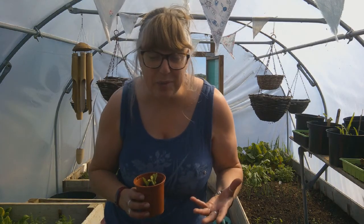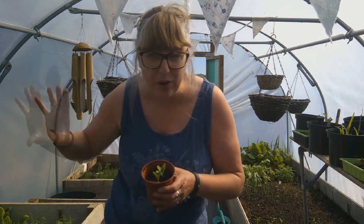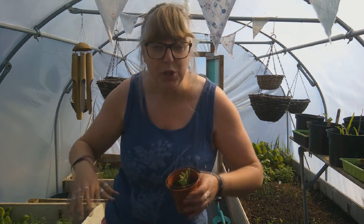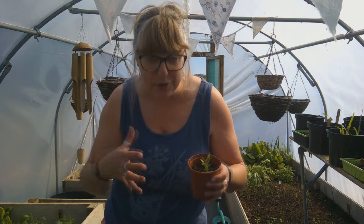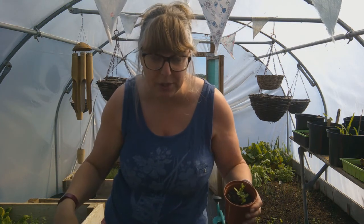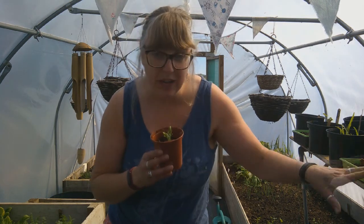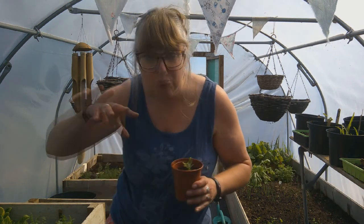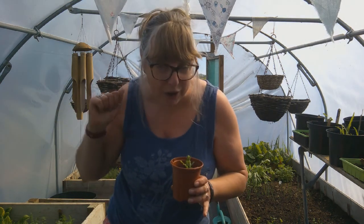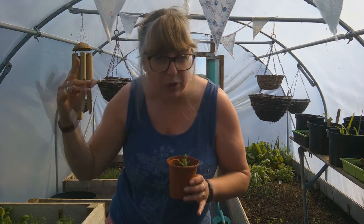So I actually got a little bit sidetracked. I remembered that I'd got these peas that I wanted to get out, and I also wanted to spend some time sorting out the peas I've already got. So I've taken off the wrap that's around them to keep the pigeons off, which is making them look like Christmas trees at the moment. I've planted some of the peas that I had going here in the polytunnel, and I've wrapped them back up again, and I've decorated my Christmas trees with some sparkly baubles, aka CDs, so that they will also hopefully start